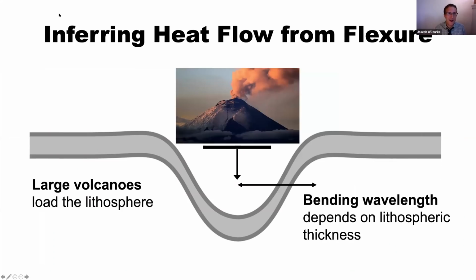But what we can do right now, without waiting for a far future spacecraft, is to indirectly infer the thickness of the lithosphere by looking at how the lithosphere bends in response to loads. So this is an extremely classic thing to do on Earth. If you have this standard geodynamics textbook, it's just chapter 3, I believe. And the point is that if you have a large volcano sitting on top, the lithosphere will bend in response to that load. And it will bend with a wavelength that is a one-to-one function of the lithospheric thickness. So if you can look at the topography around volcanic features, in principle, you can infer how thick the lithosphere is there.